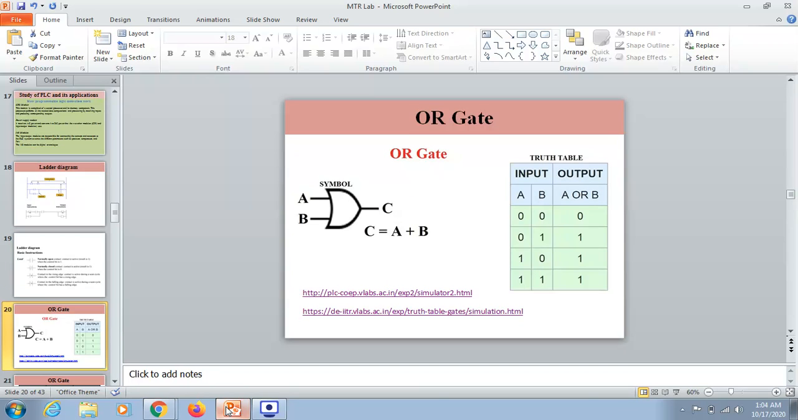So there are around 5 important gates. First of all, we'll see about the OR gate. So OR gate is nothing but the addition process. So we know that 0 plus 0 is 0, and 0 plus 1 is 1, and 1 plus 0 is 1, and then 1 plus 1 is actually the higher value, 1,